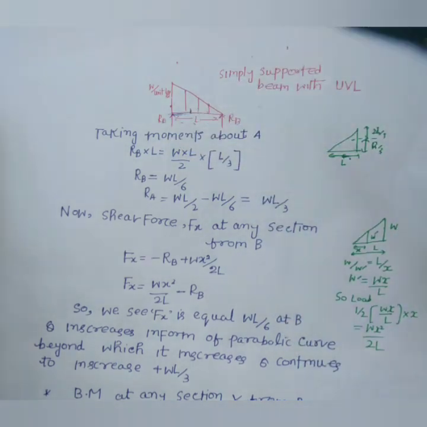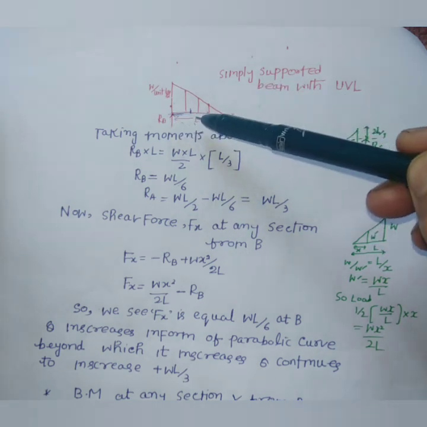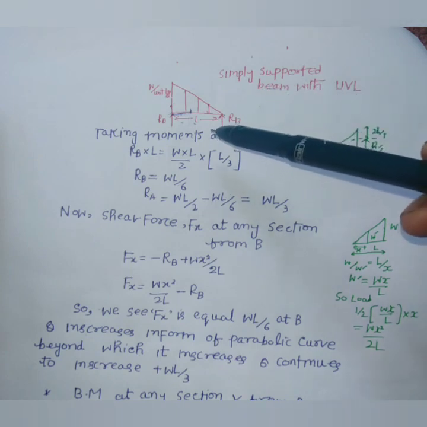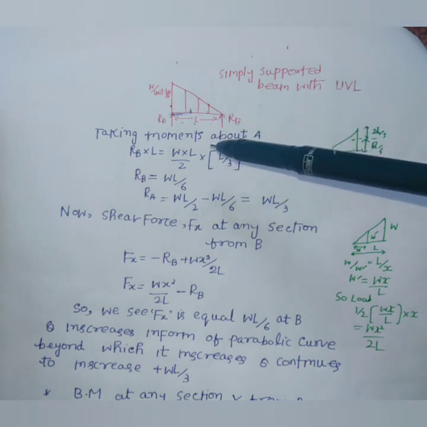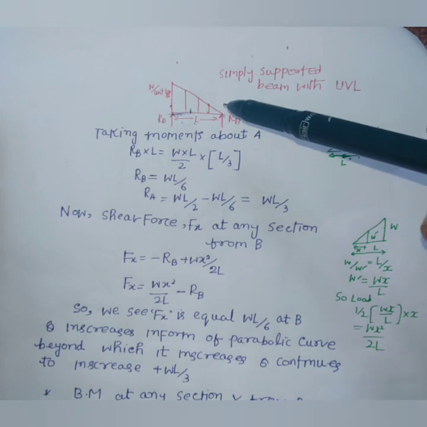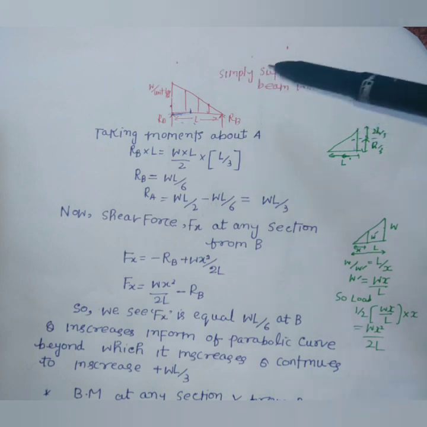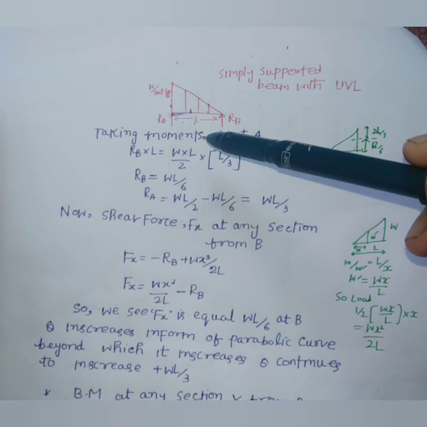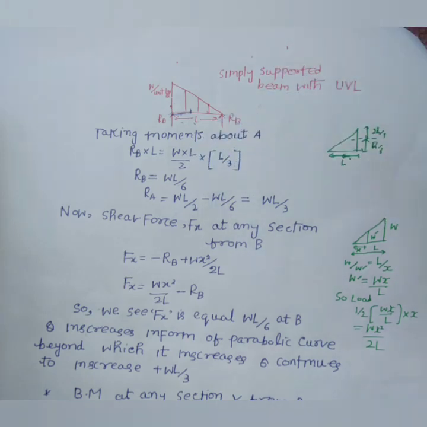As you can see, the distance in between the two supports A and B is L and the reactions are RA and RB. In general, we will see the maximum bending moment, location of maximum bending moment, and much more things. Reaction at A and reaction at B. Now for calculating these things, we need to equate anticlockwise moments to that of clockwise moments.